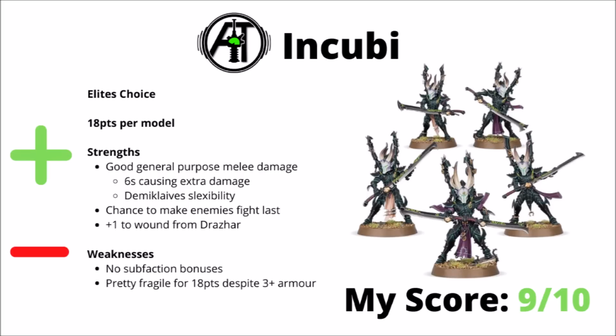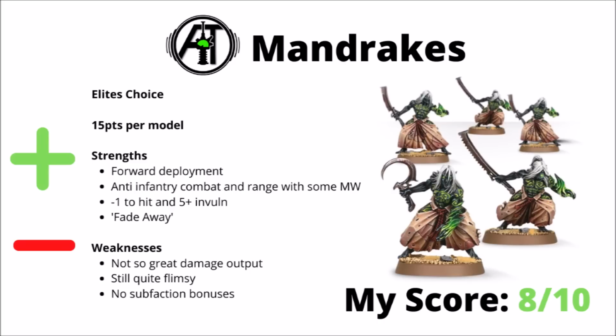Damage 1 weapons with a bit of AP will cut them down quickly, though hopefully they're cheap enough that most of the time they're going to be able to trade up for something more valuable. Overall, I still think they're really strong, particularly next to Drazar for the buffs, and I'd score them a 9 out of 10. Next up, we come to the Shadowy Mandrakes, 15 points per model, and for the most part